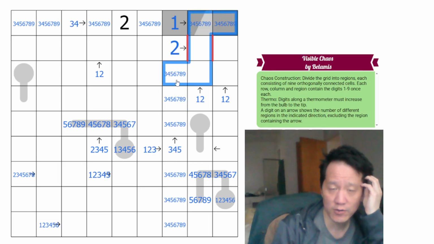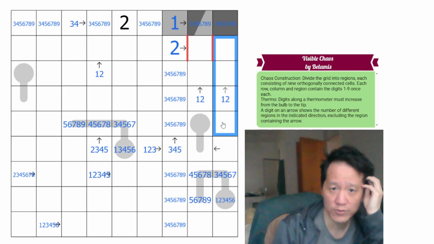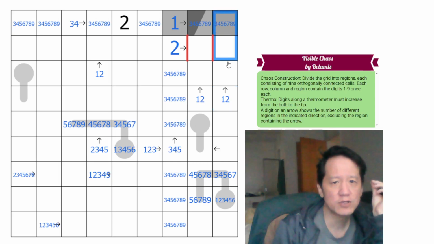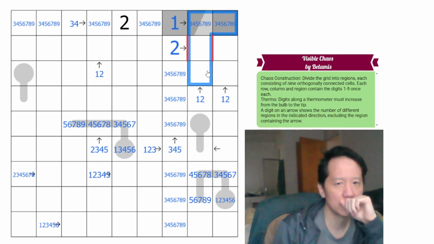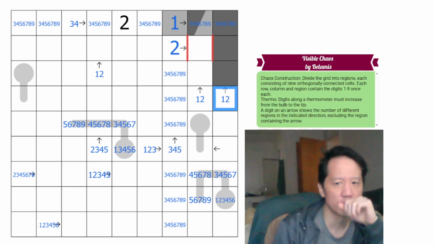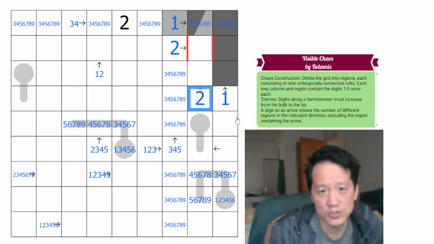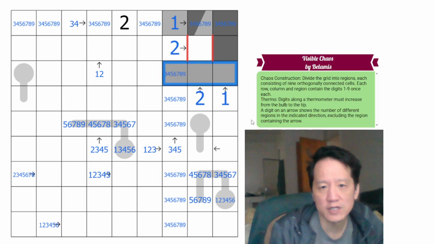So it would have to go that way, but then this one would have to extend that way, which makes that 1 region also. So this one actually cannot go this way. It could extend to here, but it has to go this way. And therefore this is 1. And this is 2. This has to extend this way because it cannot be part of that. And if it goes this way,